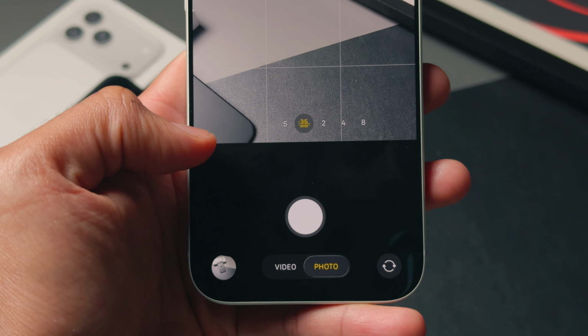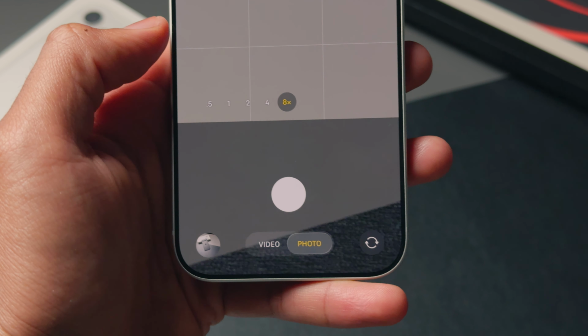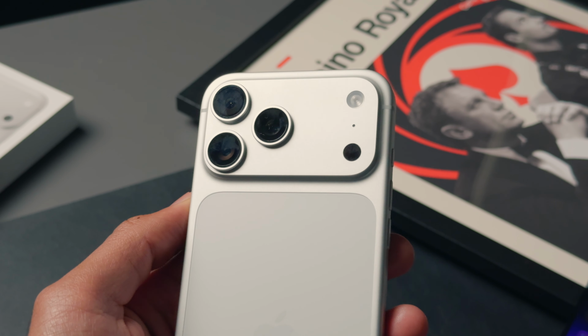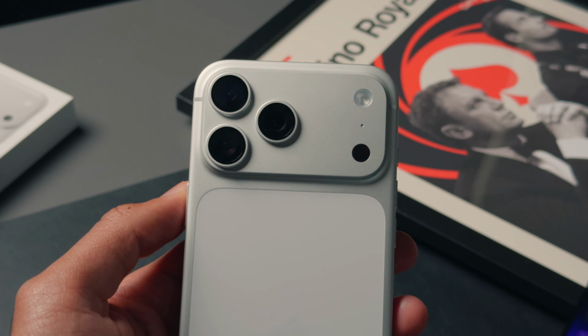And if I tap on the 1x lens, you'll see that it also jumps to 1.2x and 1.5x. And you might be wondering where these extra lenses have come from, given that there are only 3 cameras on the back of this phone. Essentially, Apple have this thing that they call optical zooming, which just uses some fancy machine learning technology to take